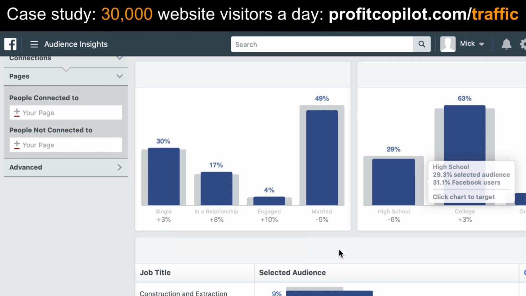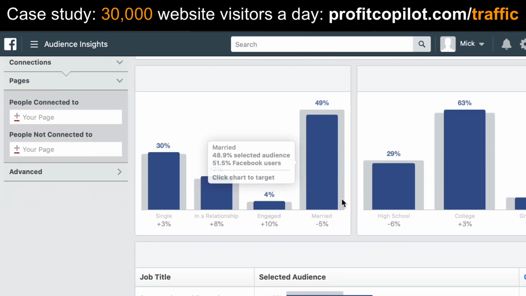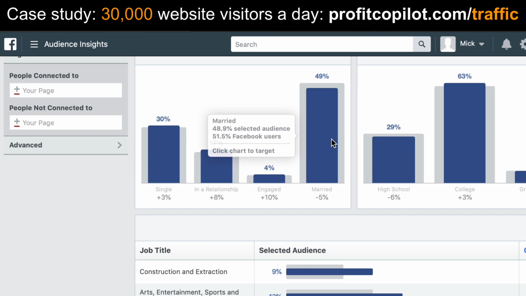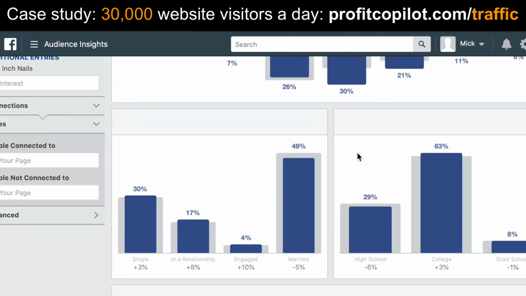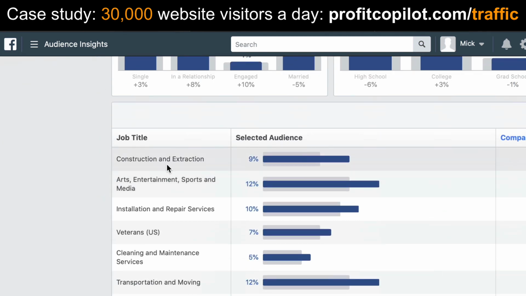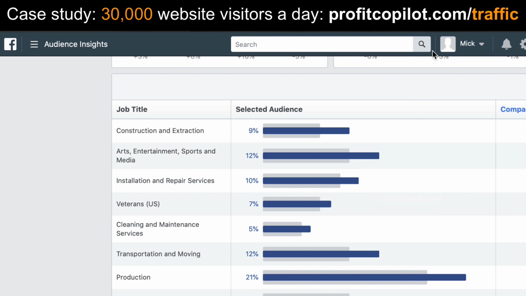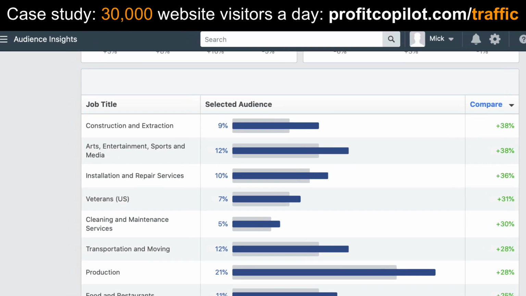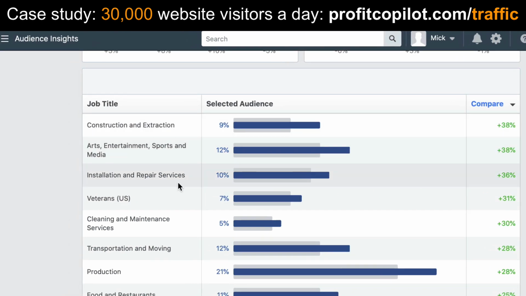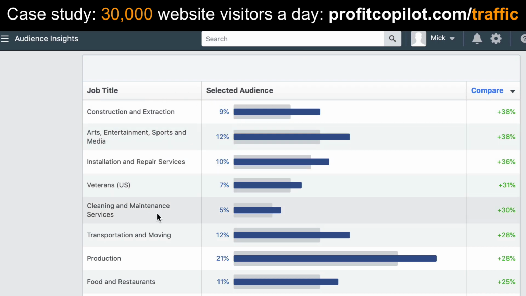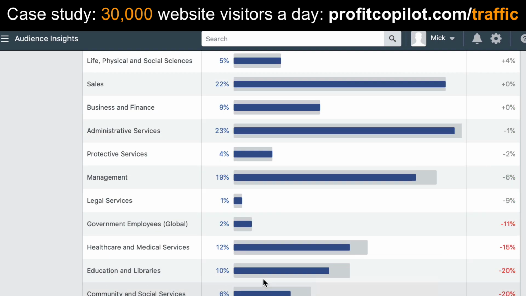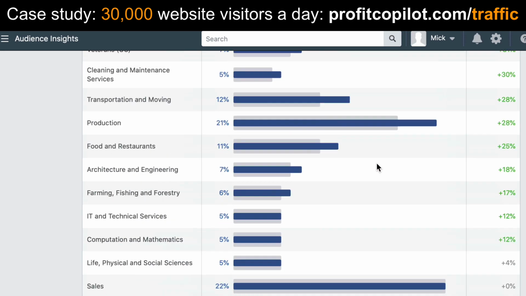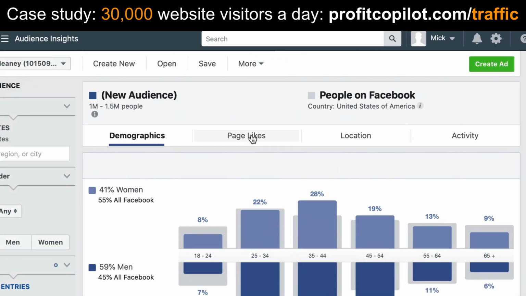And if we scroll down here, we can see their personal status. So 49% are married. We can see that 63% have got a college education. Down here, hopefully you can see this data, it's going to tell you about their job titles. We can click on see more if we want to, but let's go up to the really interesting bit: